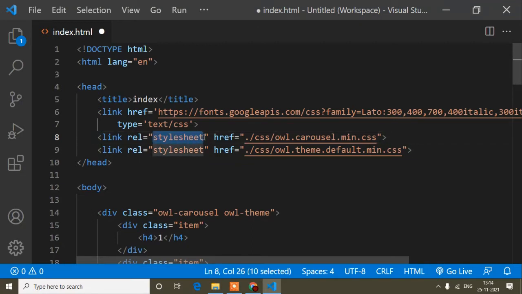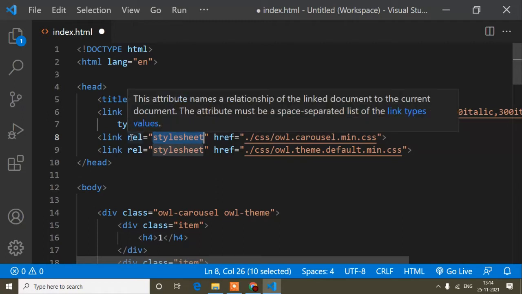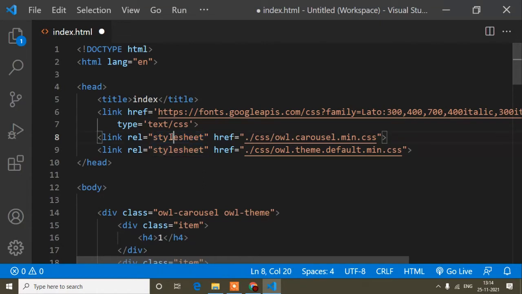Why I have shown it later: because you might make this type of minor mistake, and after that you say it's not working. So this kind of minor mistake you have to notice, and you should not make a mistake like this. So here you have to write stylesheet this way, and after that if I refresh, you can see the carousel is here. You can see the number of the carousel. If I click this button, the slider works. Here are the dots like this.